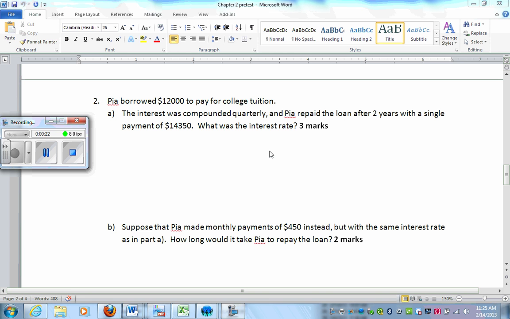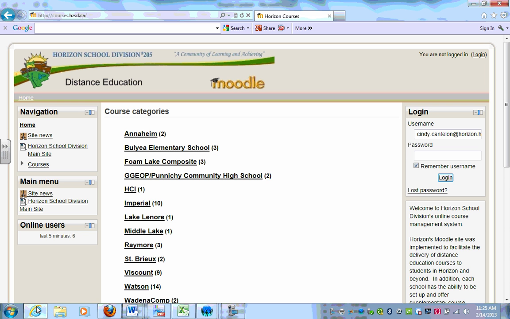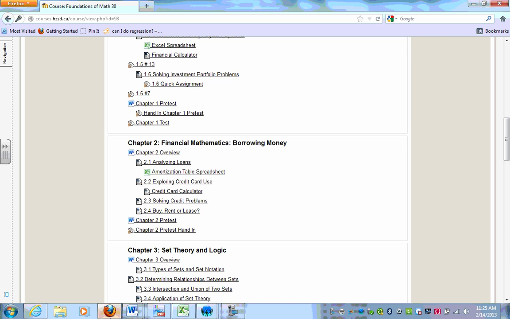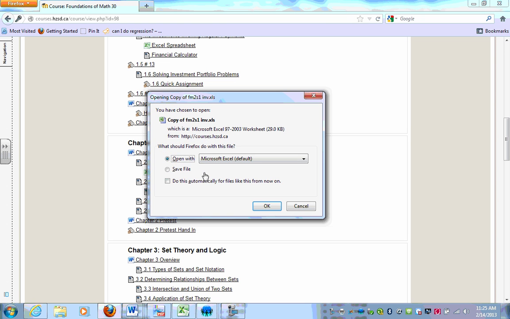Now you're going to take that interest rate and we're going to do question B. To do question B, you can try and use the financial calculator, but it'll likely freeze up. So we're going to use something else. If you log into the course, here's the course, and go to the amortization table spreadsheet, if you click there,